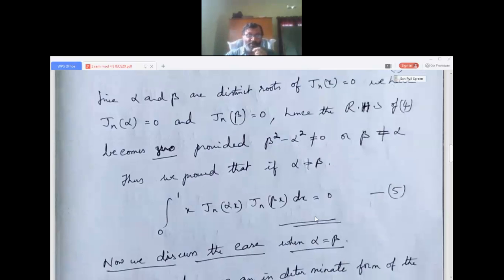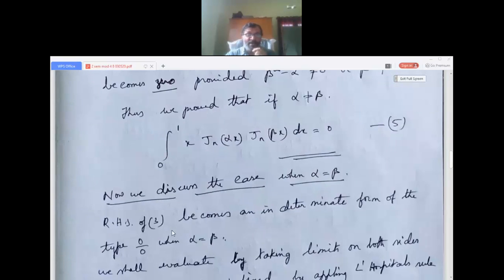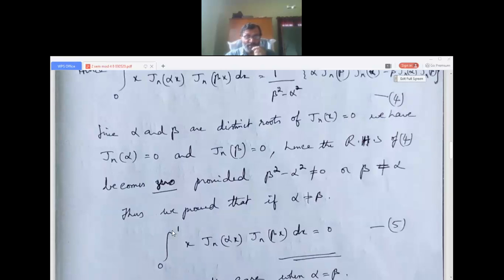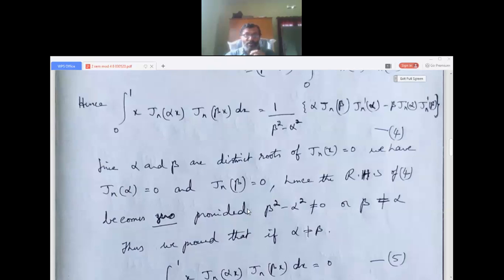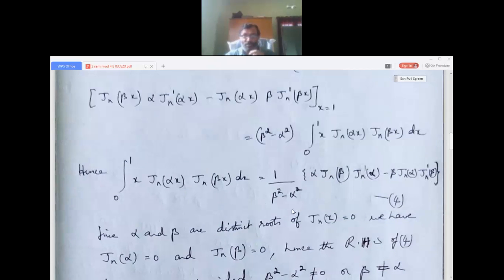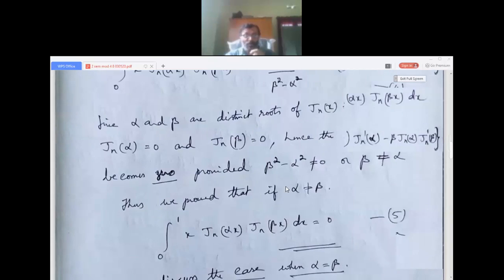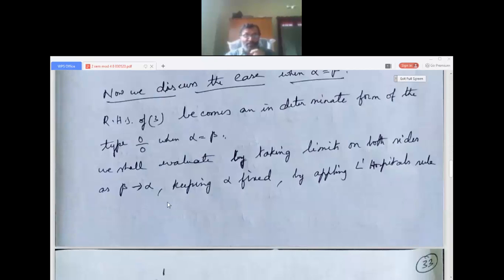Okay, now the other part is if alpha equals beta, RHS of 4. It is not 3, just note it down, it is 4. So the RHS of 4, if alpha equals beta, this will be 0, Jn of beta, Jn of alpha 0. So this also alpha is 0, so 0 by 0 form. So we apply the limit beta tends to alpha, alpha is fixed. So it will be 0 by 0 form. So we use L'Hospital's rule for evaluating 0 by 0 form. In Maths 1, in first semester you studied, differentiating numerator separately, differentiating denominator separately till we get the answer.